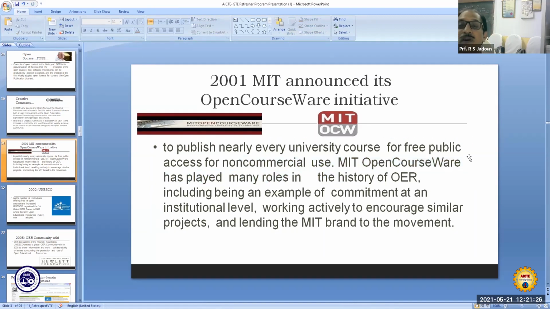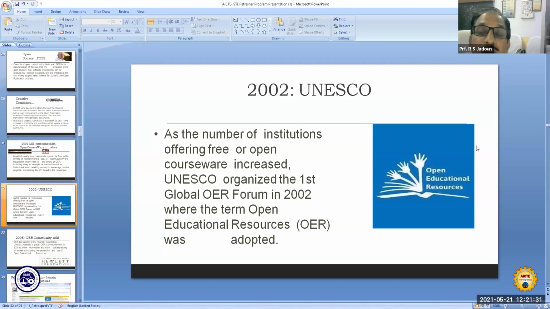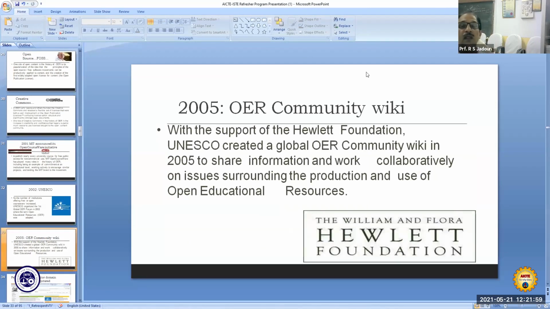So these are the different contributions MIT made. In 2002, UNESCO organized the first global OER forum, and in this forum, OER was finally adopted by the global community. In 2005, further, the OER community wiki was founded.